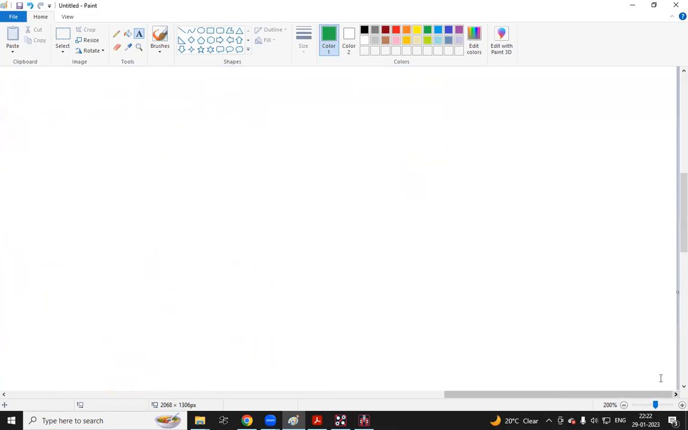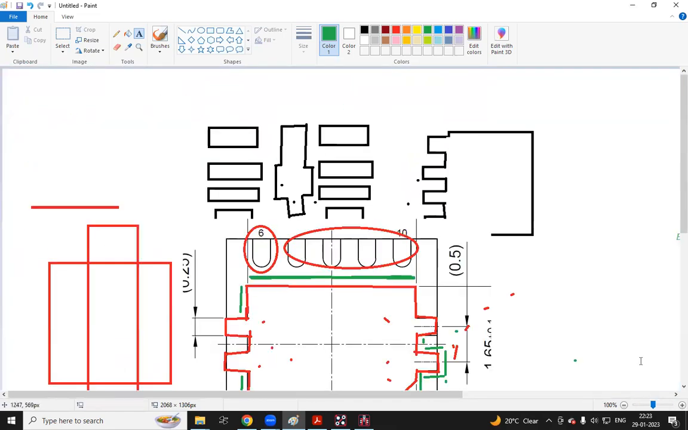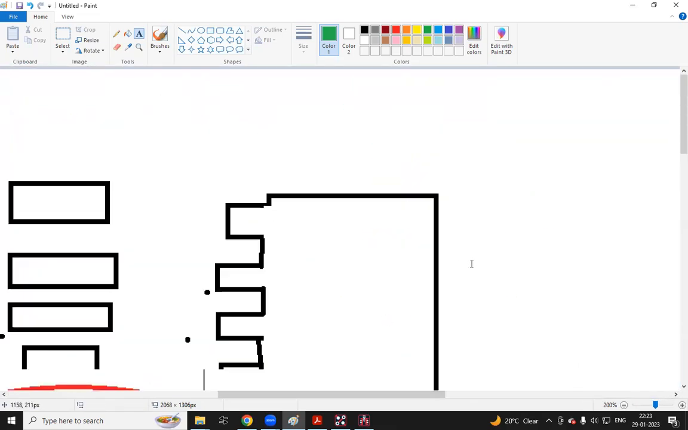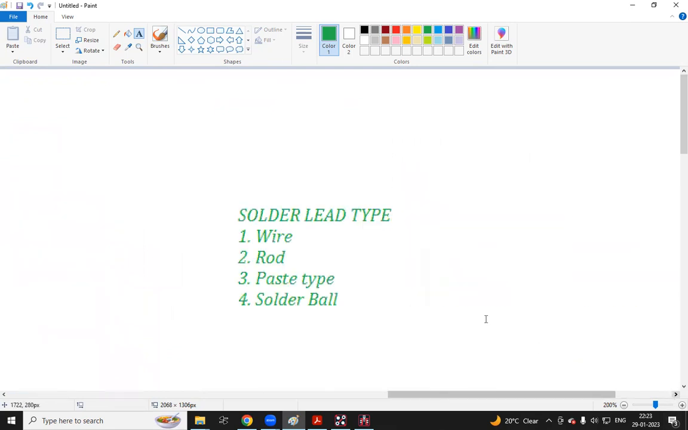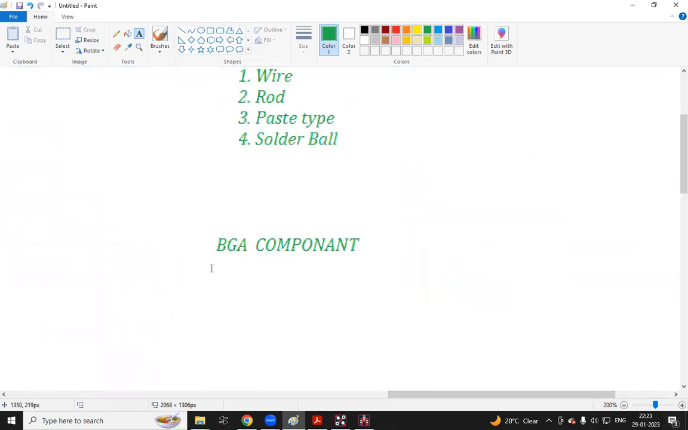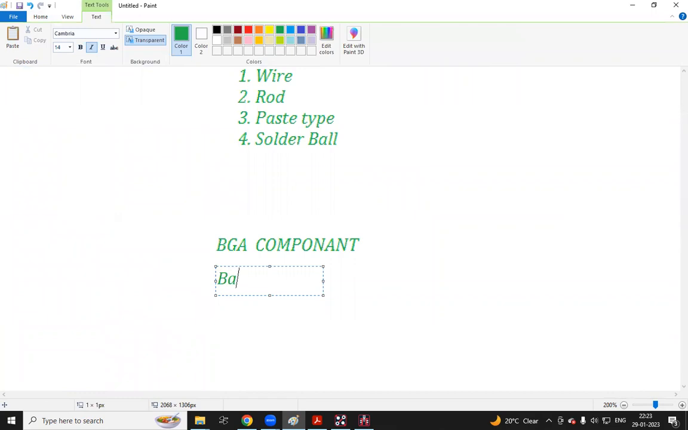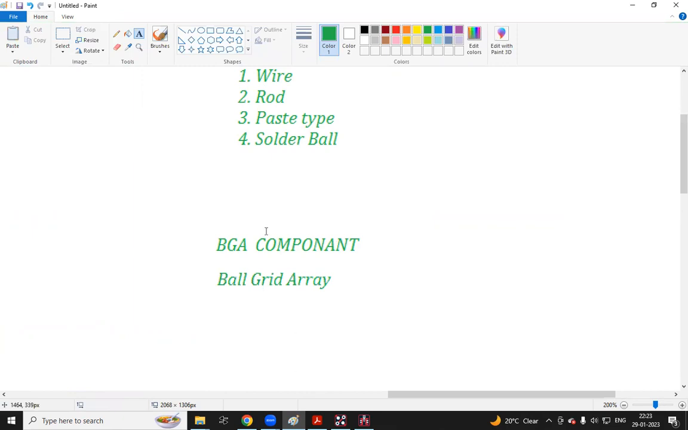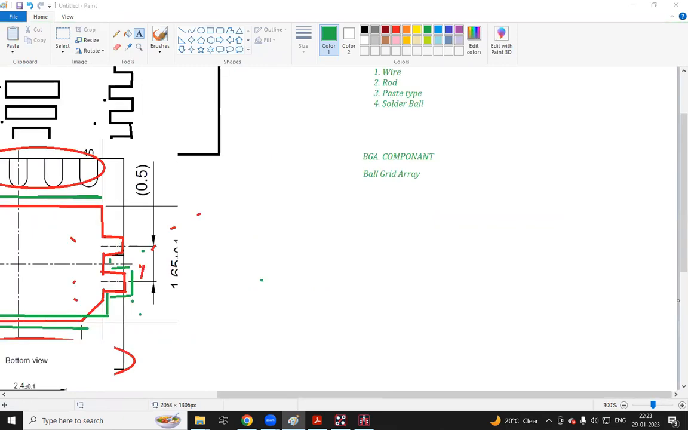Okay. BGA means ball grid array. What is the meaning of ball grid array? Ball, array. Okay, it means pins will be there, in grid form, like an array. If you see this,